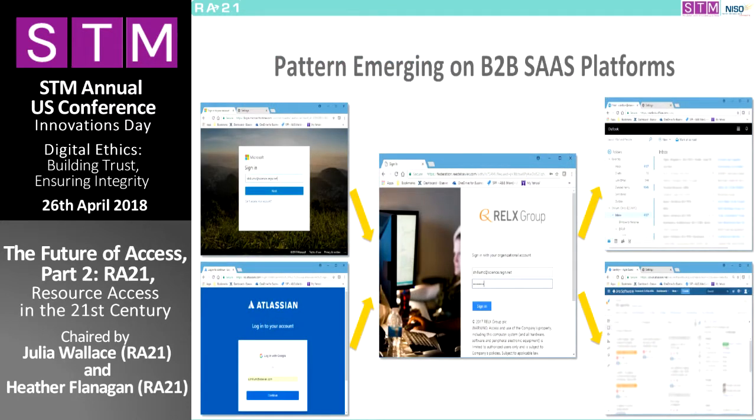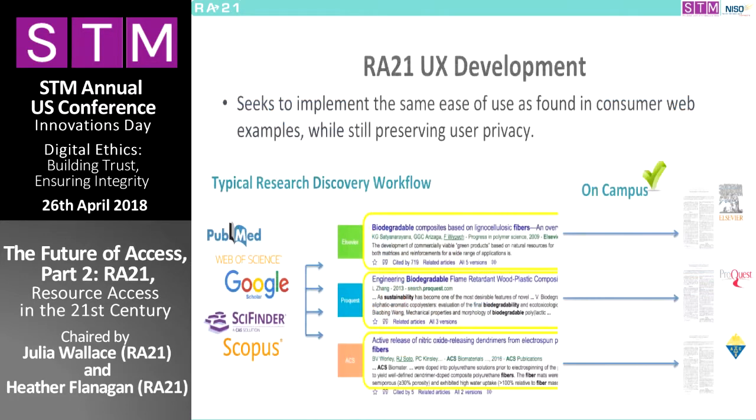This is another pattern that Chris has noted as well, more a B2B pattern, where you're able to sign up for services using your corporate credentials. And services like Outlook and Atlassian are basically asking you for your email address, identifying who you are, and then logging in with your work credentials, you can get access as well. So our UX team is really trying to build some of those best practices into what we're doing, but still preserve user privacy. So let me take you through how we're doing that.